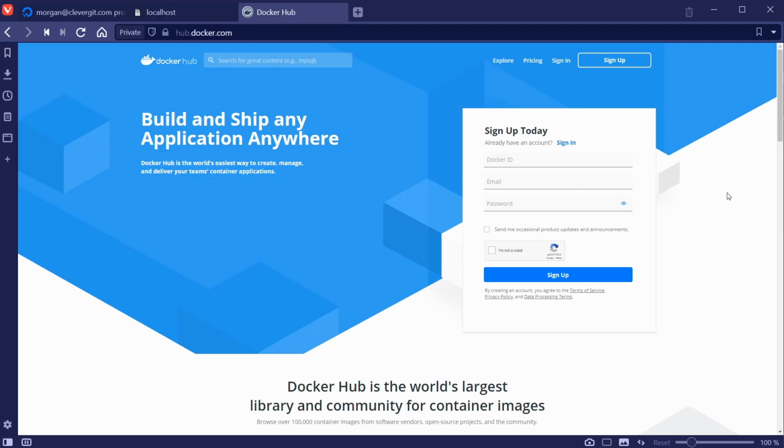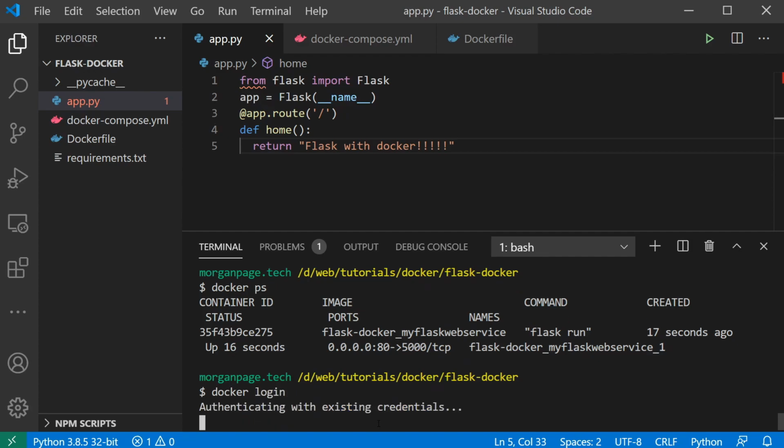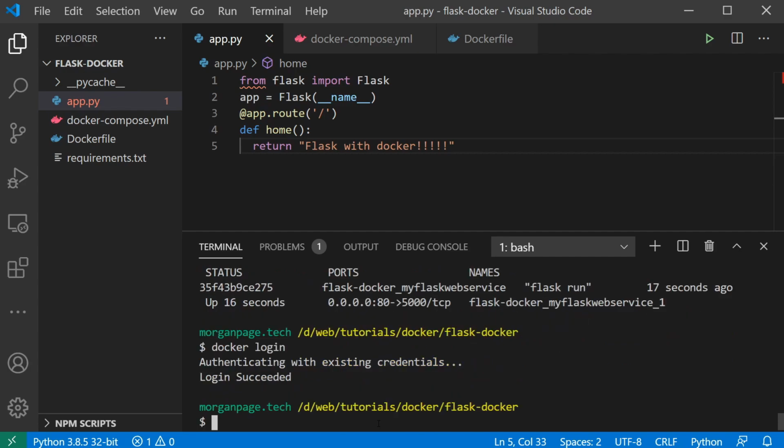So now we want to actually deploy this Flask application, and one of the simplest ways to do that is to use Docker Hub. So if you go to hub.docker.com, you will either need to sign in or sign up, and then once you have done that, come back to Visual Studio Code, and at the terminal do docker login. Since I'm already logged in, it's logged me in immediately, but you may have to put in your Docker ID and password. And now we have to build the image again,